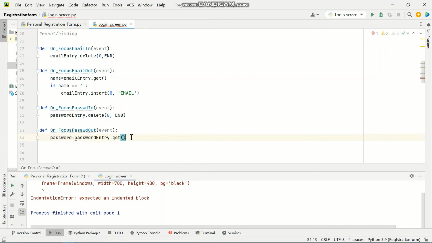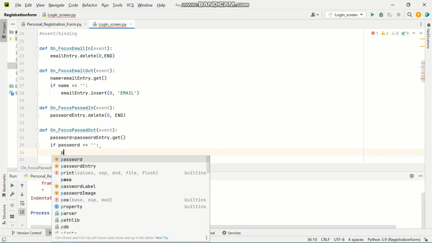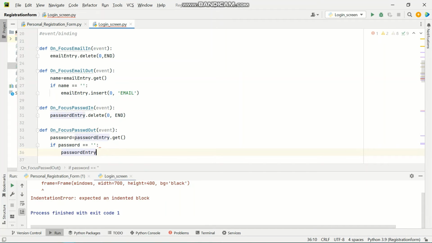So we're going to work with that password name. And then we're going to say if this password is equal to an empty string, then that password entry,